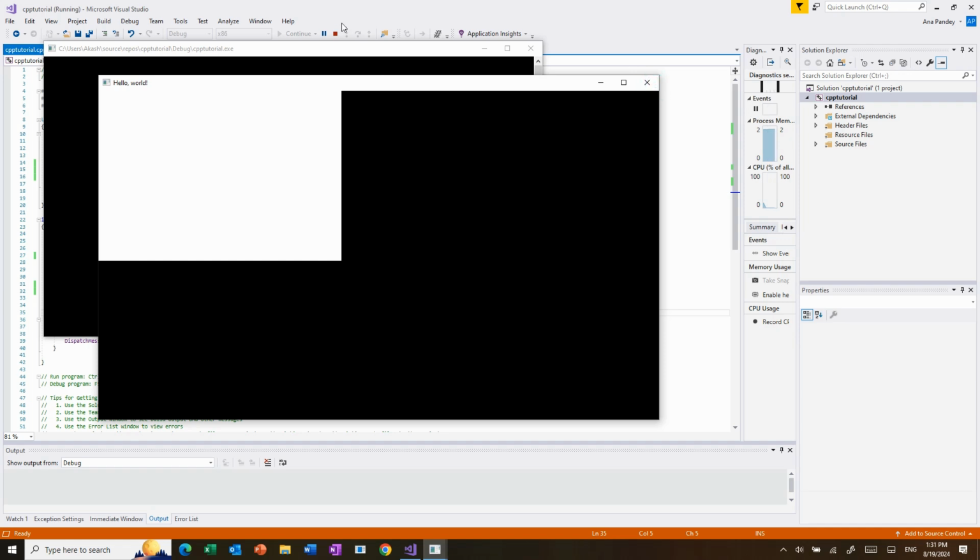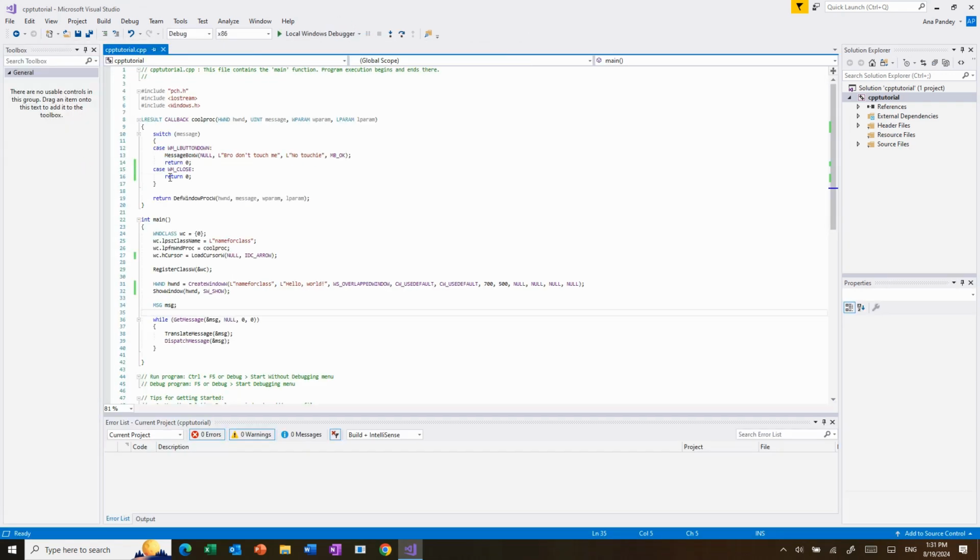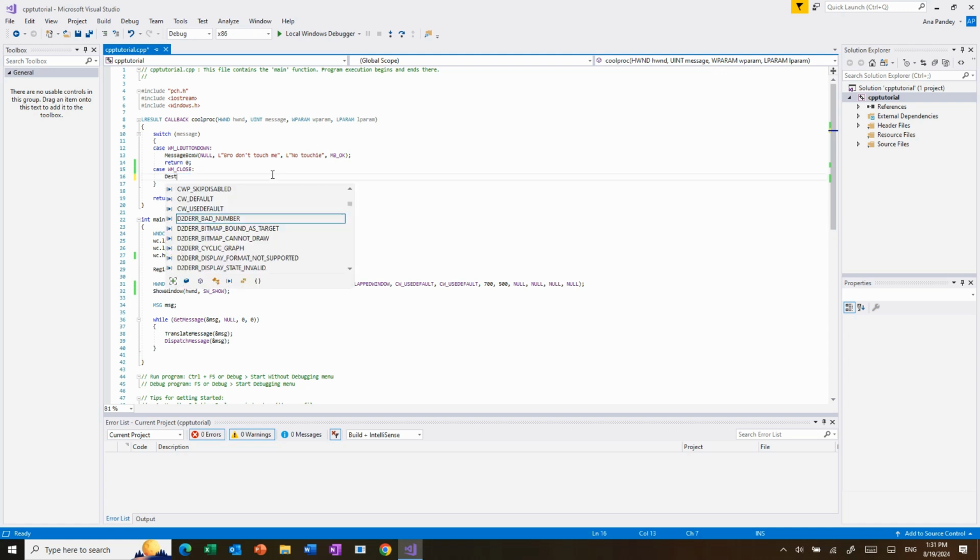Oh yeah, also we disable the close button, so let's fix that. So let's fix the close button first. Like I said last time, when you click the close button, it's more of a suggestion, but what we really should be doing is destroying the window,